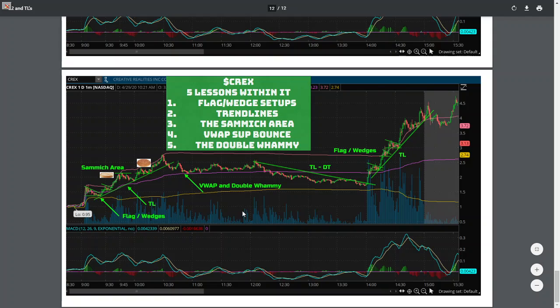The sandwich area. And here's where I actually bought and got in on this play. Missed this flag, essentially. It was already up a lot. I was kind of chasing here, and I know I got to get one more bounce in. I bought in on the upper bun of my sandwich. So here's your lower bun of your sandwich, upper shadows, this is resistance, so your lower bun. Once you break above resistance, old resistance equals new support, as we're bouncing on the lower bun, equals your upper bun. So I bought on the upper bun, bounced off this old resistance area and pushed into the new